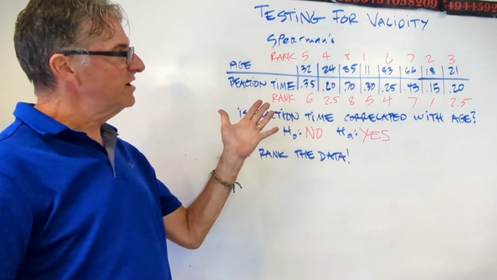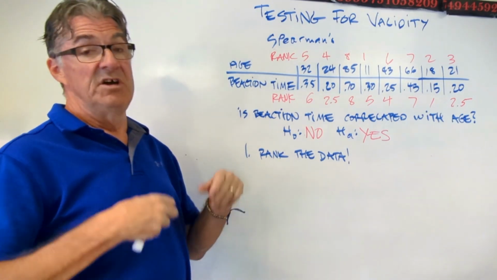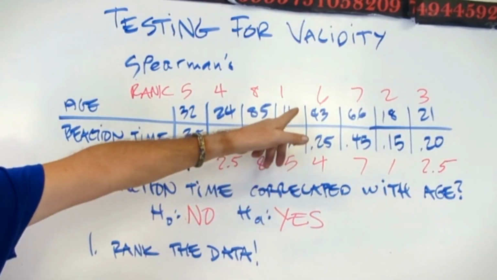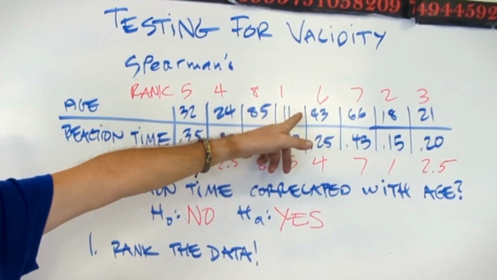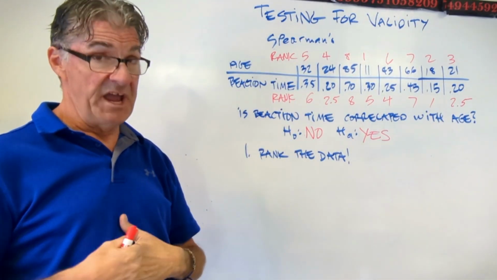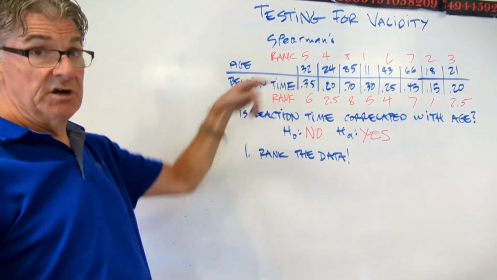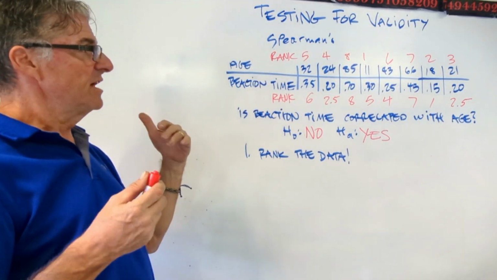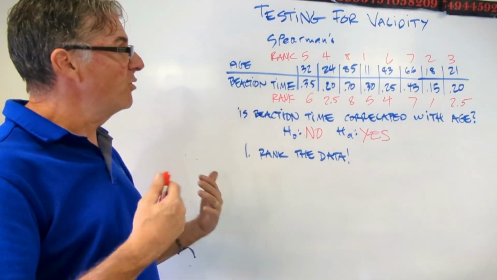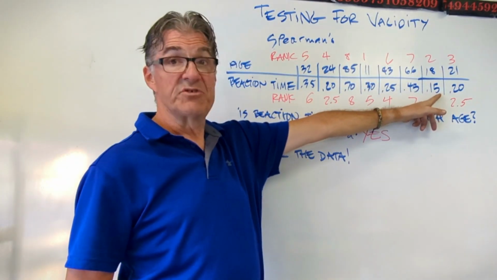Okay, I added my ranks on there, and in this case we're ranking from quickest reaction time to slowest reaction time. But the ranks are working like on age, that's the youngest, not the oldest person. It doesn't matter which direction you create your ranks, create it in the same direction on both of your data points. So don't go smallest to biggest on one and then biggest to smallest on the other. You need to do it in the same way. So this is the lowest age, that's got the first rank, and this is the shortest reaction time, that's also